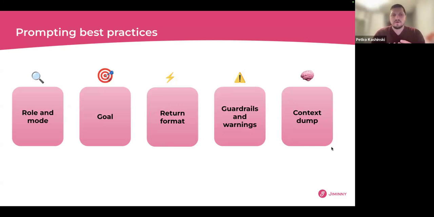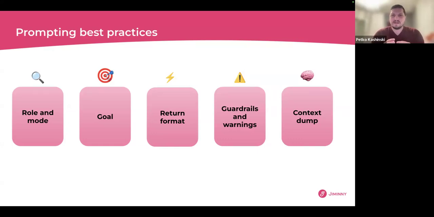When it comes to defining your goal, it's very important to be super specific. For example, not just "analyze my calls" or something generic like that. You can set, for example, "identify the top 3 coaching opportunities across my discovery questions." We're going to get into that one in the live demo. For the return format, the LLM at the backend is quite powerful and can return the output as bullet points, a table format, and something very interesting like heat maps, which we're going to show you later today.